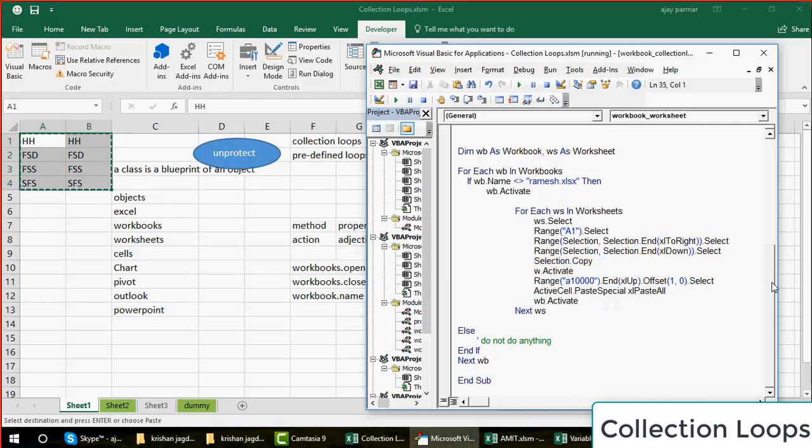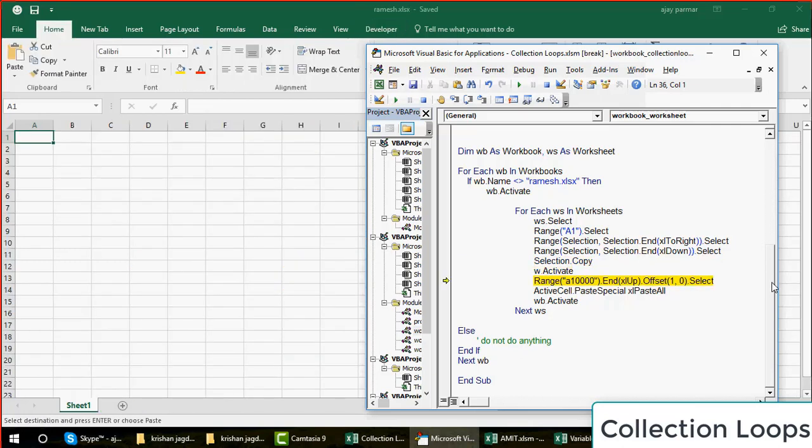Now w.activate. You see that? So easy. Go to the Ramesh. From A10000, go to offset 1,0. Here it comes, because it moves one row. We will see the real use of this when the data gets pasted the second time. Right now you may wonder why we are pasting the data at A2, not A1. So the data is pasted.